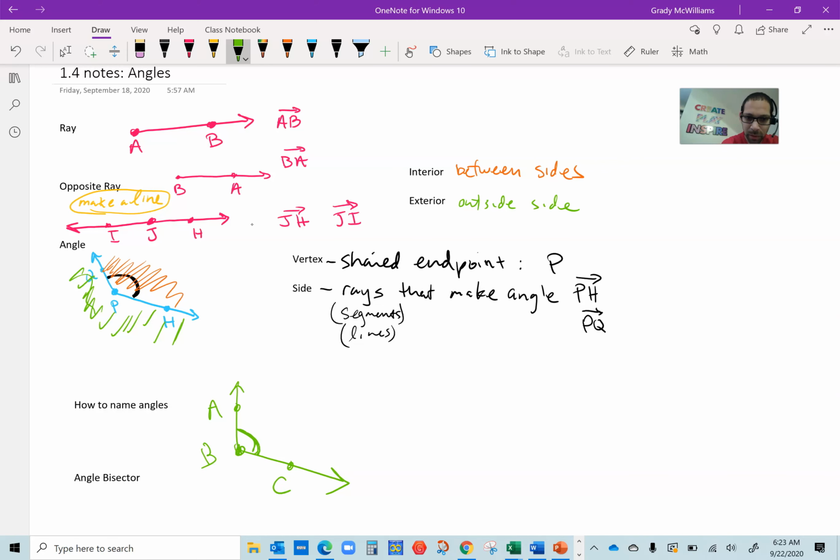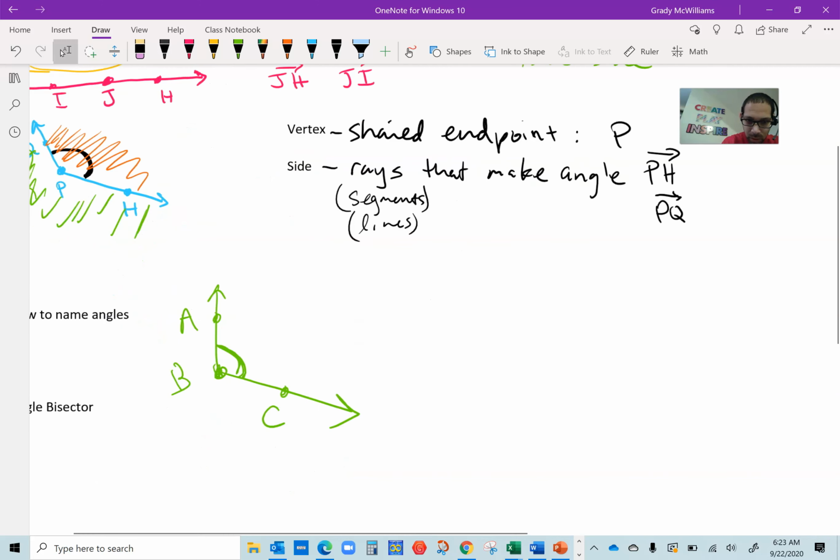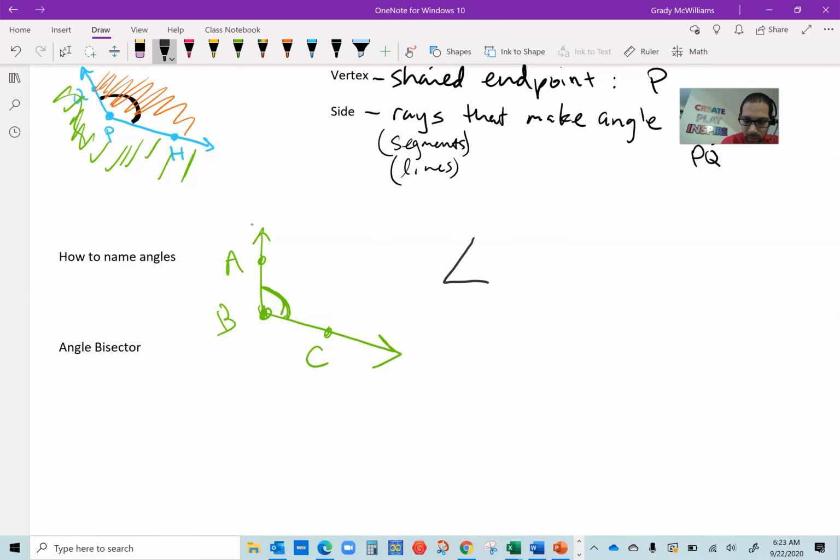All right. Now you can name an angle by using three letters. And you have to put this angle symbol. The angle symbol looks like this. It's kind of like an L, but it's slanted. Some people put a little curve on it, some people don't. But this is angle ABC. The most important thing is that the middle letter must be the vertex. So you can call it angle ABC, we can call it angle CBA. In both these situations, the middle letter is the vertex. And if there's no other confusion about what angle we're talking about, we could just go with the middle letter itself,